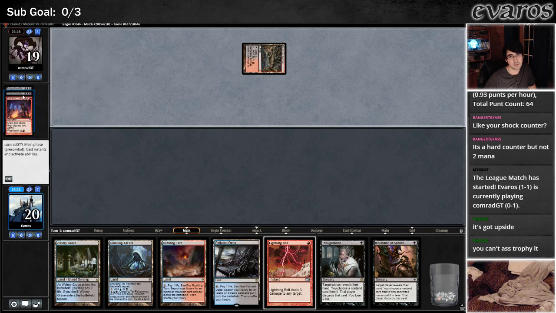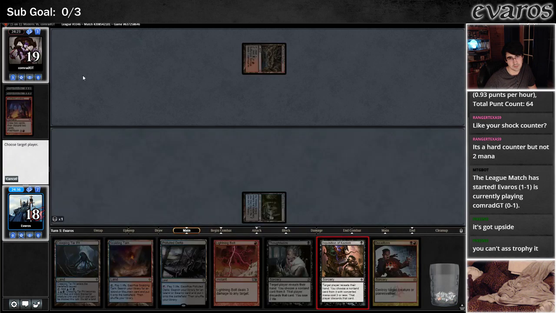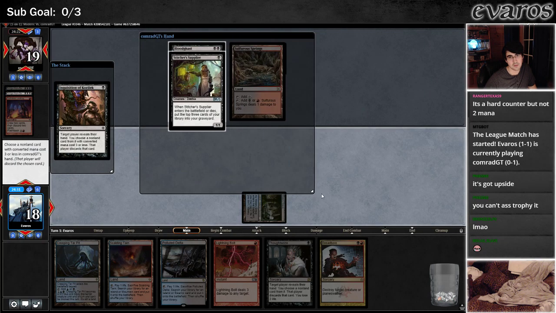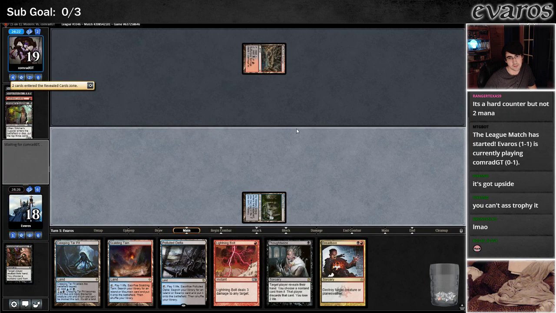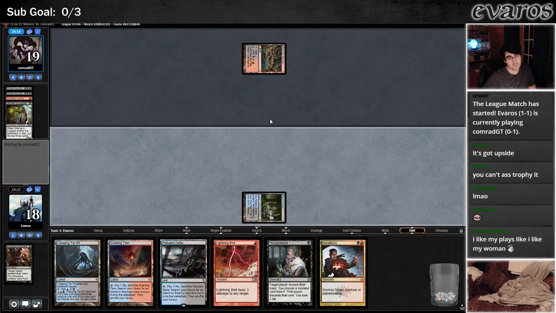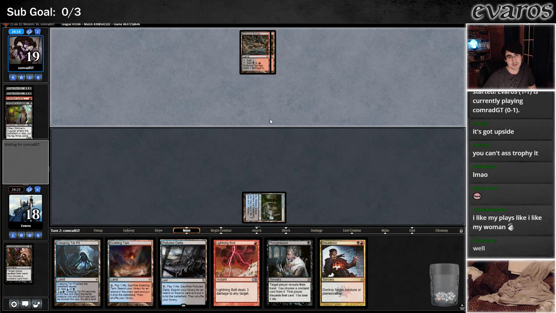Oh, no. Well, that's not good. Well, that's not good at all. Uh-oh. I was really hoping it was going to be Grizzlebrand and I was going to be able to take the only thing that mattered out of his hand. But instead...